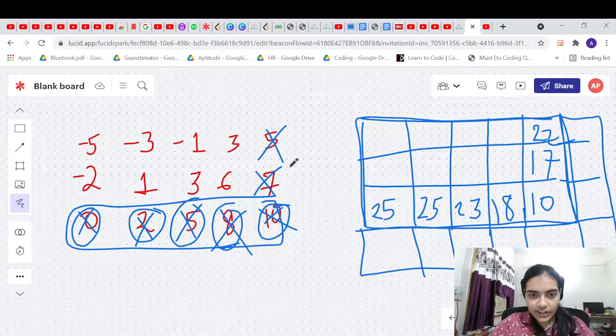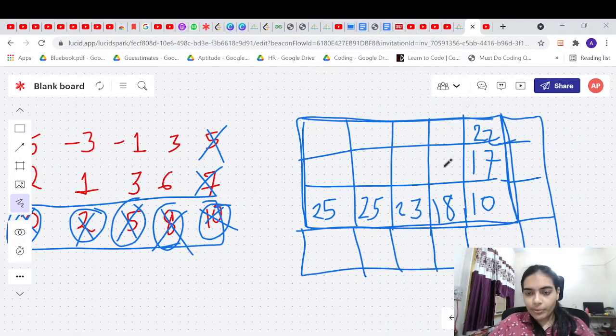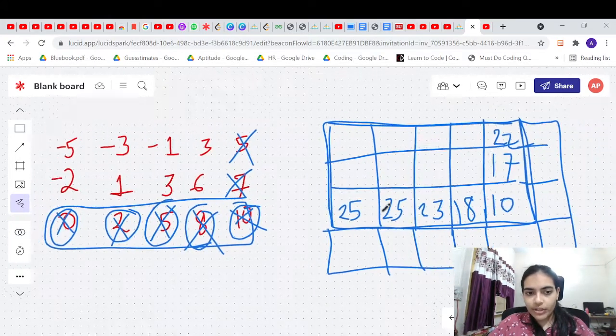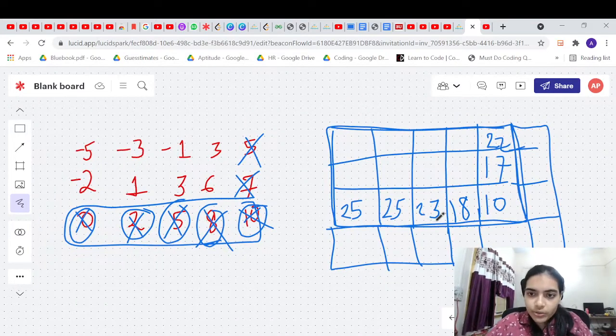So if you take the entire region, what will you get? How will you find out its value? From the already calculated values. How will you find out its value? So what will we do? Suppose we want to find out the value that we'll get. What is the value that should come here?